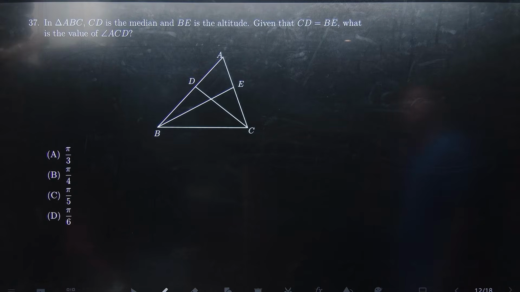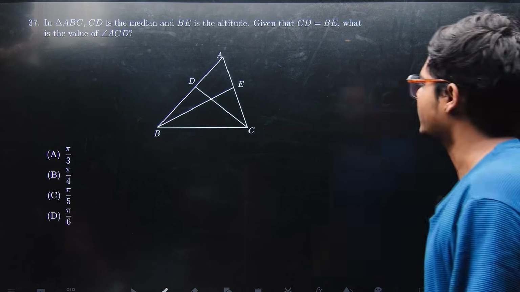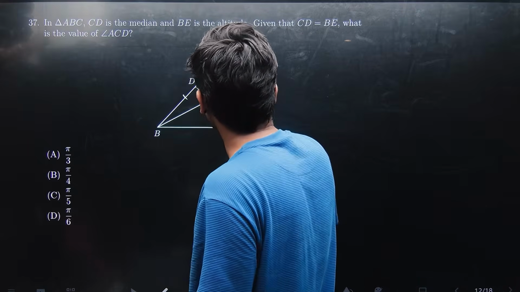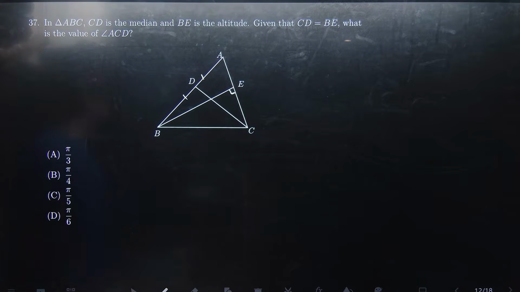In this triangle, CD is the median and BE is the altitude. Given that CD is equal to BE, what is the value of angle ACD? Okay. So this is the median, right? CD is the median, which means these two are equal, and this is a 90 degree, okay? Fine. Now after this, what you can do is,